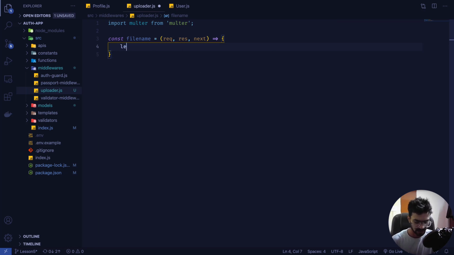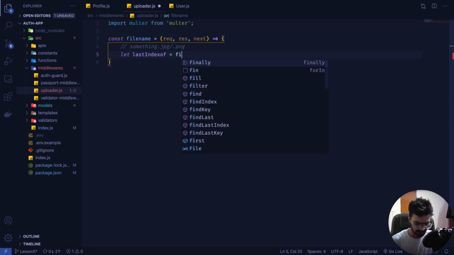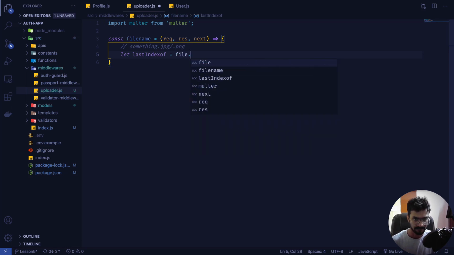And here it will receive a file, and from that we are going to accept the file name. So we'll use last index of to get the file name. Let's say, for example, we have a file name something.jpg or something.png, so we'll extract the extension of it, and we can do that with a simple JavaScript function. We can define our extension like this. So file dot original,